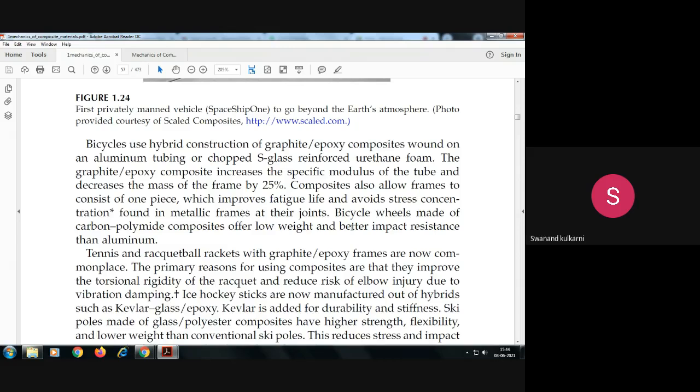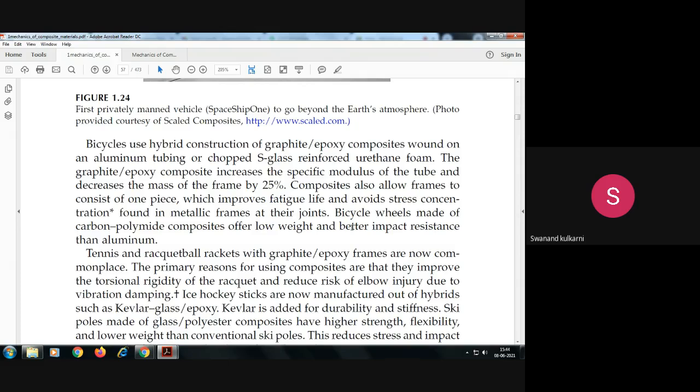Many times glass reinforced foam is also used. Is it okay? Graphite epoxy composite increases the specific modulus of the tube and decreases the mass of the frame. So nearly 25% weight saving happens due to the use of this kind of composition, an aluminum pipe